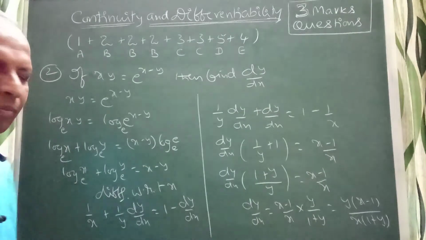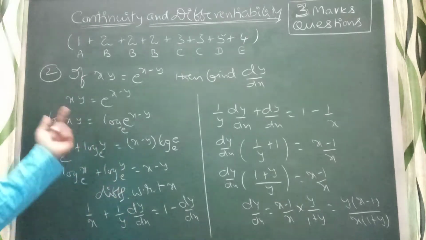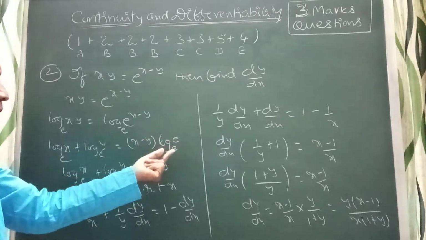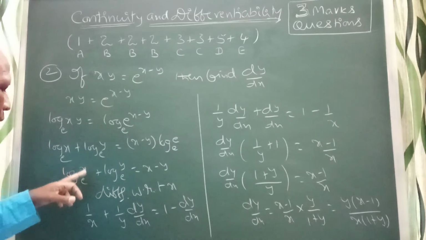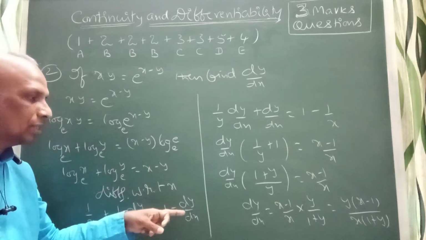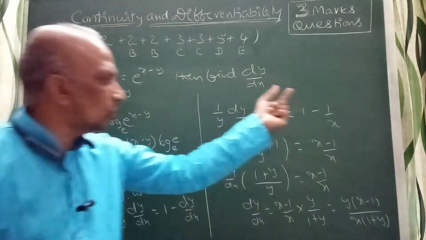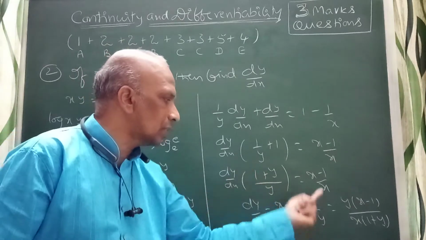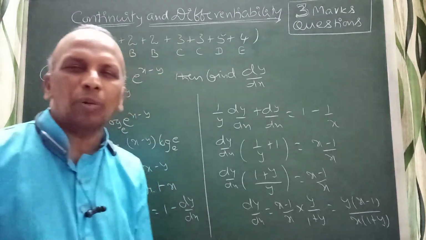Again I will explain. They are given x^y equal to e^(x minus y). Then find dy by dx. You can consider logarithm on both the sides. So this x minus y I can hold here. Log e base e is 1. Log m plus log n. Now differentiating, derivative of log x is 1 by x. Log y is 1 by y dy by dx equal to 1 minus dy by dx. Transfer dy by dx this side, it will become plus. 1 by x you can transfer that side. You take common dy by dx. You take LCM, take that side. You will get the reciprocal of that: y into (x minus 1) by x into (1 plus y).